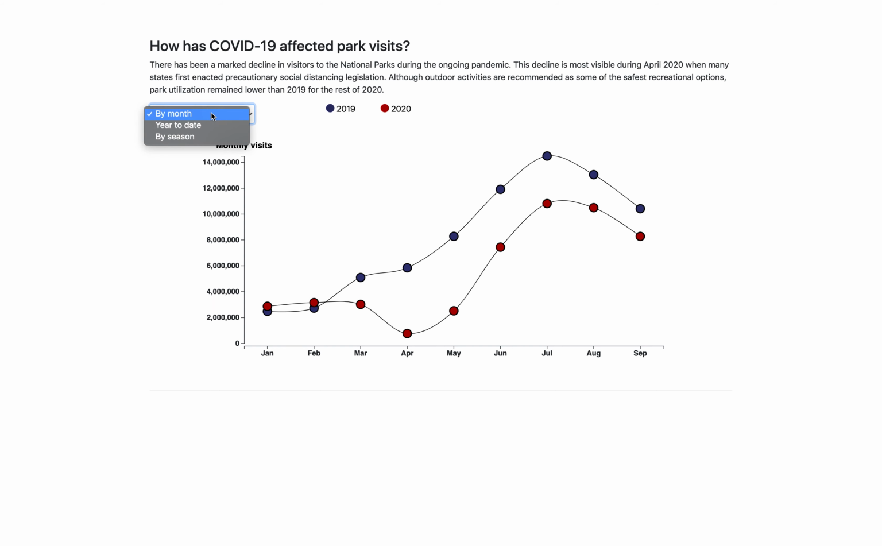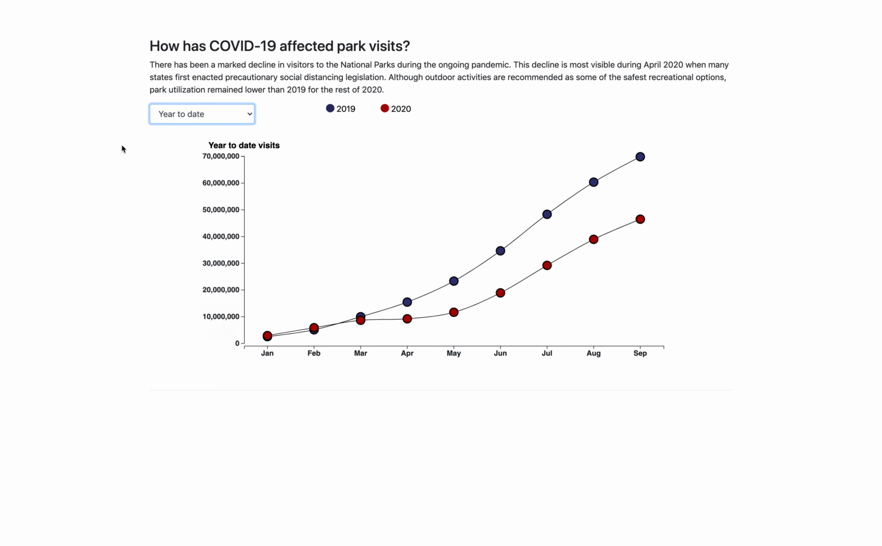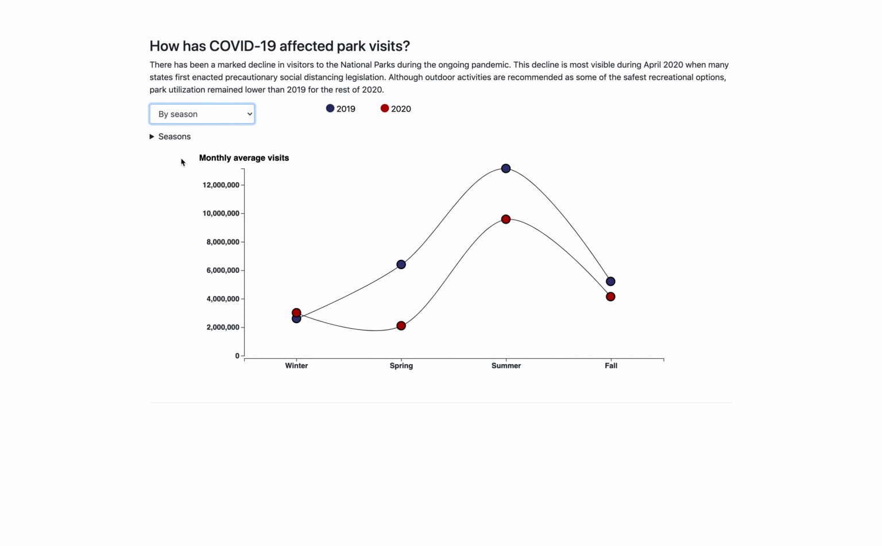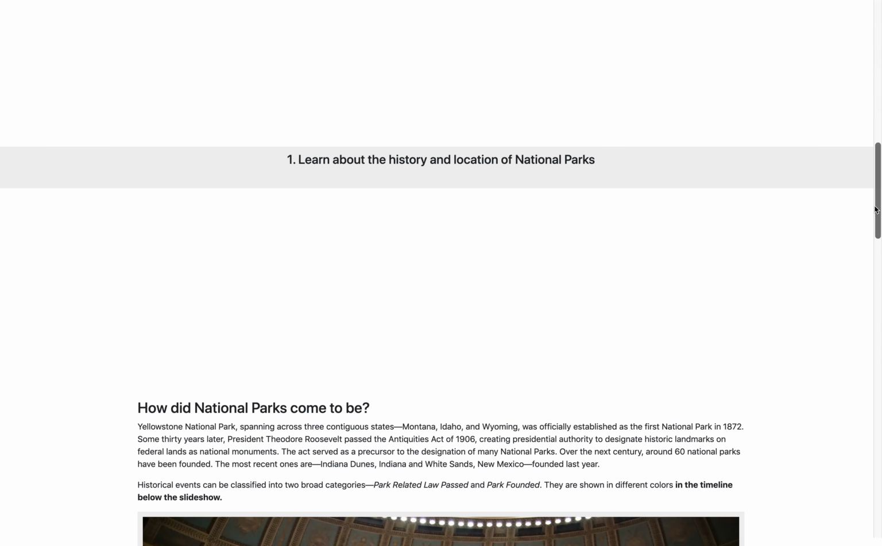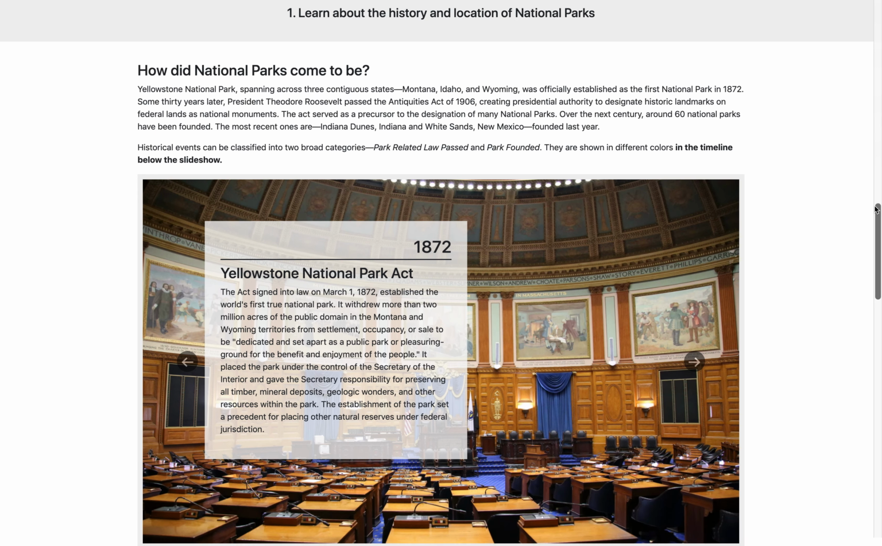Our first visualization speaks to this by allowing users to view data on park visitation numbers between 2020 and 2019 at various levels of granularity. Our remaining visualizations focus on educating the user about the national parks and helping them to determine which parks they